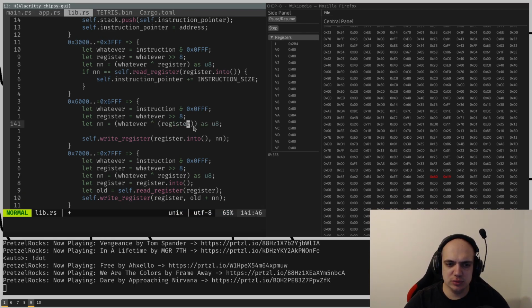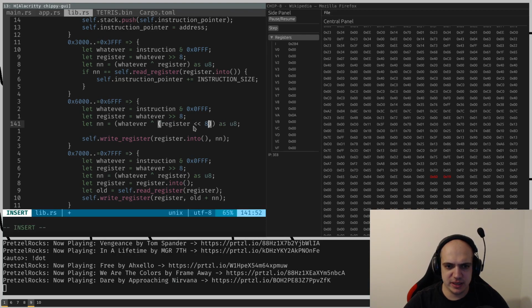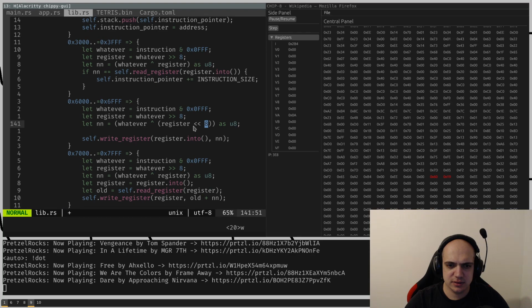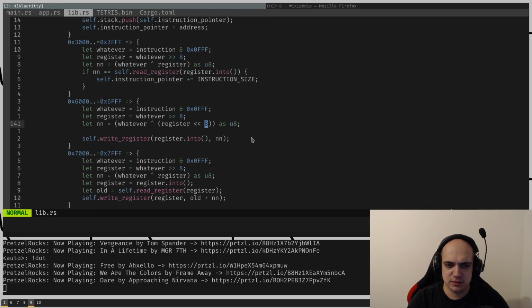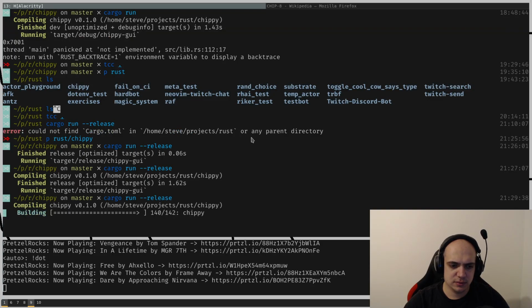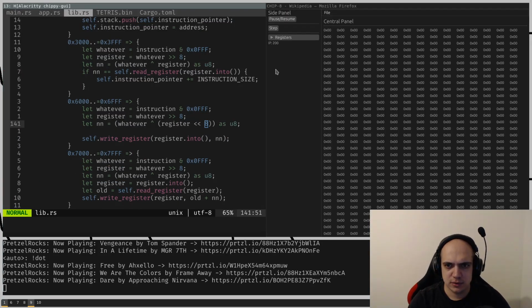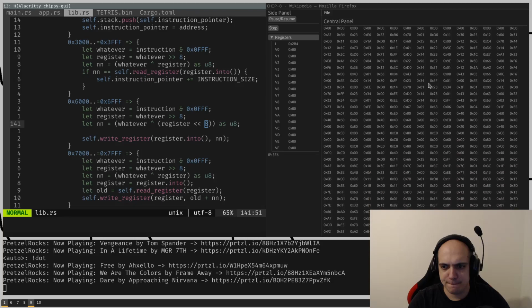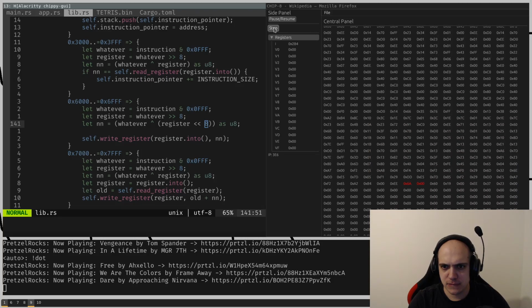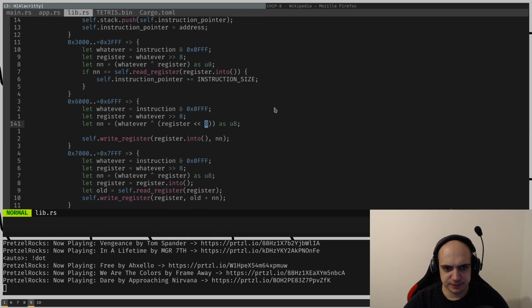Don't I need to do basically register shifted back by the 8? Step. A register, yeah. There's probably an easier way to do it, but